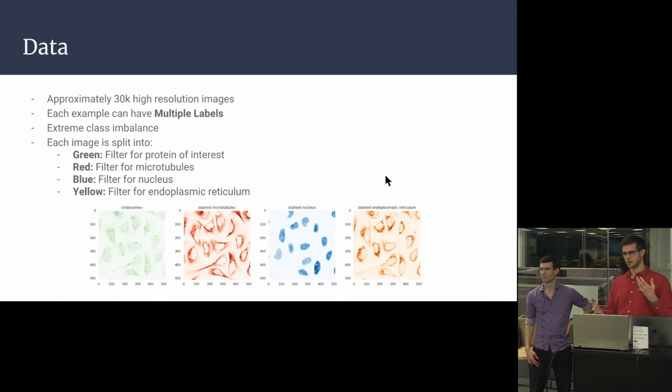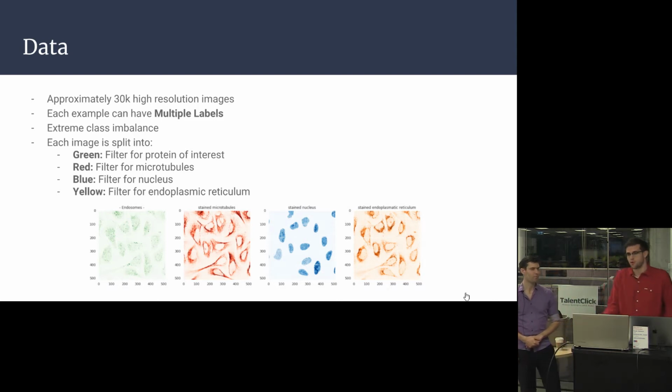So it could be that the endoplasmic reticulum wasn't actually providing any additional data that couldn't be provided by the microtubules. So just kind of a theory that was out there. We don't really know for sure why it was doing that, but